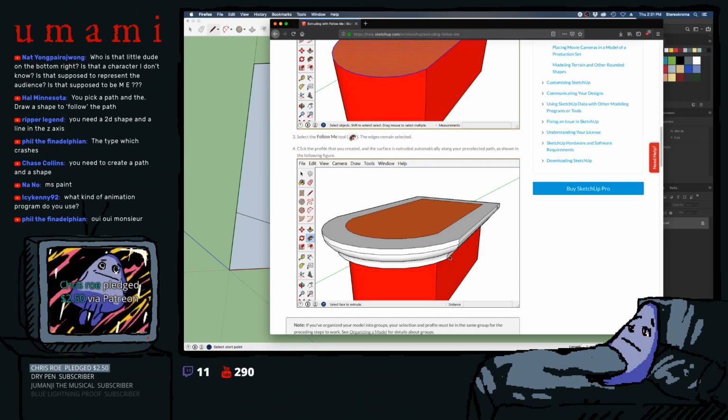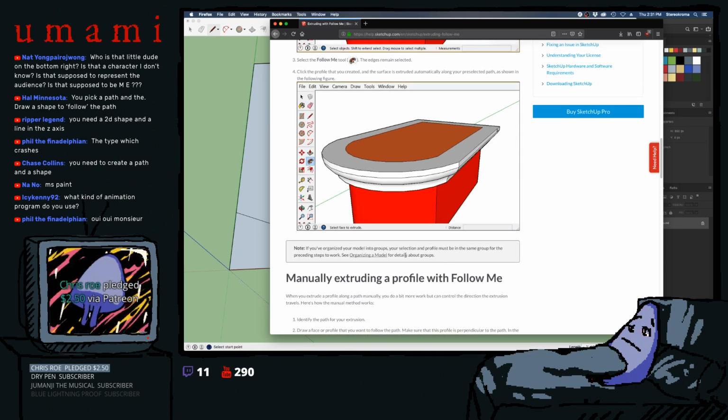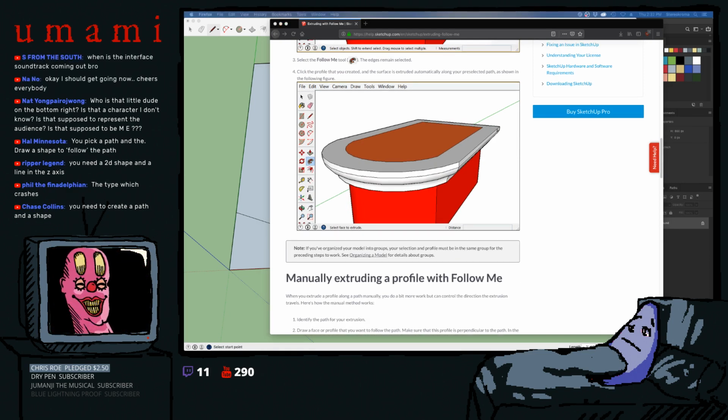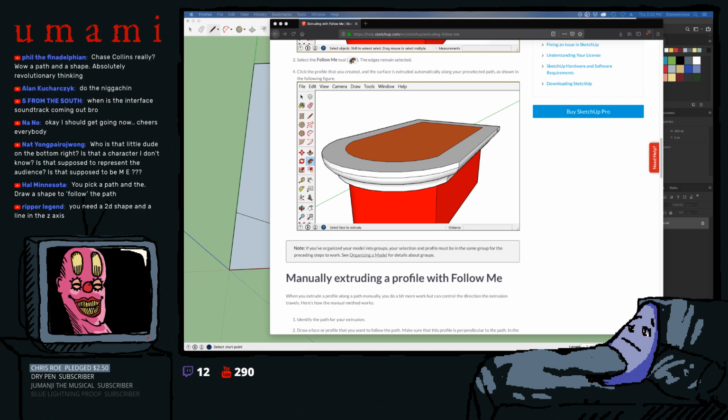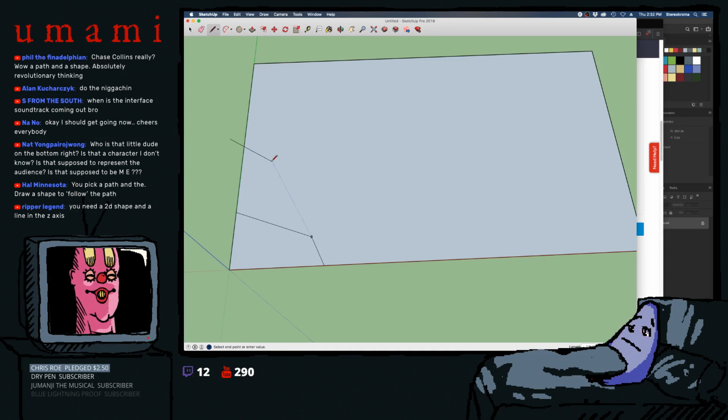Oh, look at that. Hold on a second here. Chris Rowe. Is it Rowe? I can't see, it's so small. Chris Rowe, thanks man for the pledge. I appreciate that, dude. Click the profile that you created and the surface is extruded automatically along the path. Pre-select the path as shown in the following figure. Okay, so if I made a drawing,